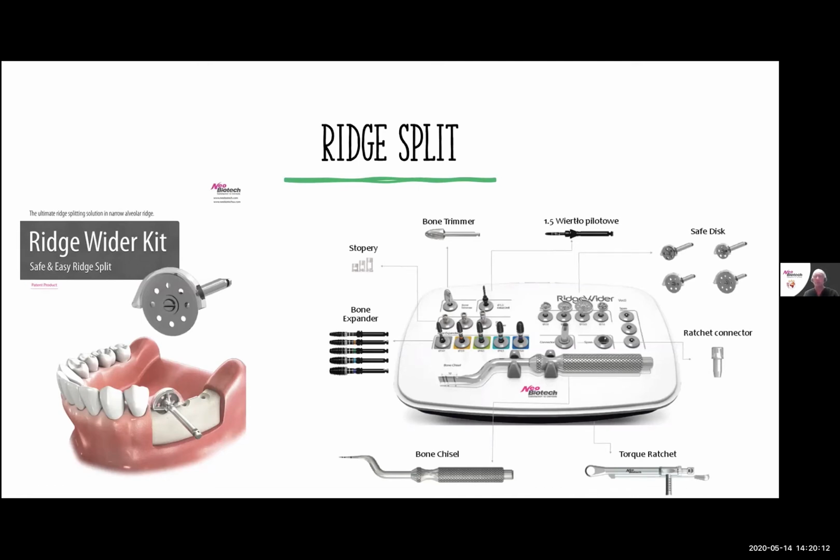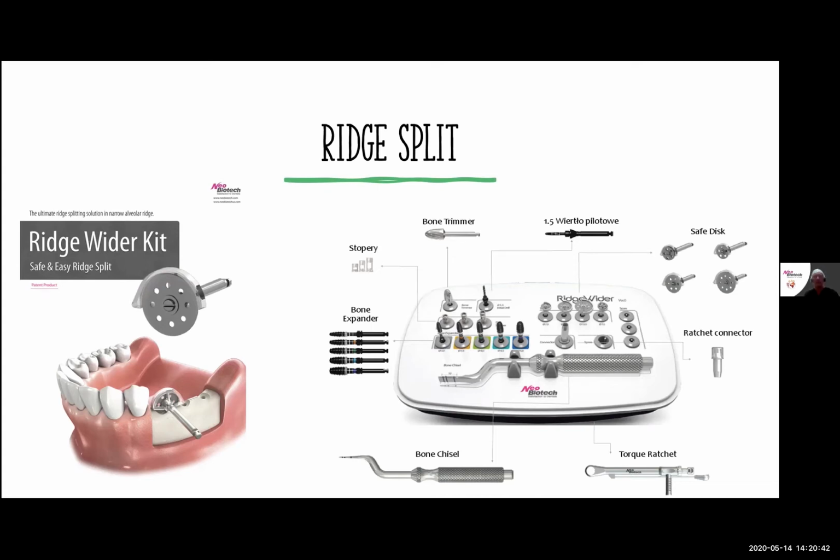That is where we get the majority of our recession of bone and loss of bone. The kits themselves have other things that are used or utilized in this that we could go over. This is essentially a day course to go over the ridge splitting, to know and understand how to use a ridge split kit, which can be done, and it's a great course to have, and a good armamentarium that you can have as an extra